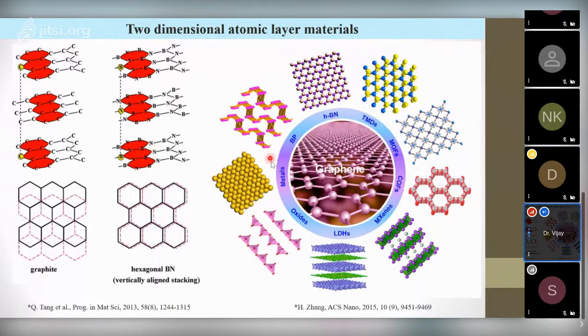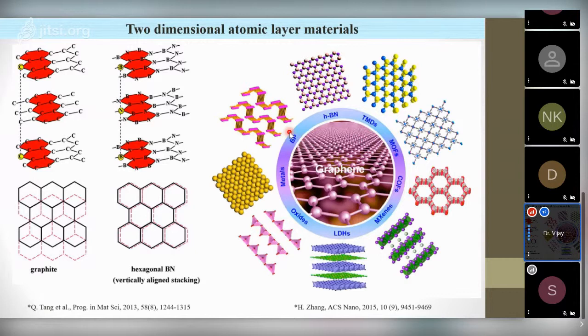But in the recent 10 or 15 years, new two-dimensional materials started to arise. It means they are already there, but the researchers have started to peel off two-dimensional, single-layer structures, just like graphene was peeled off from the graphite. So then new two-dimensional materials like transition metal dichalcogenides, metal oxide frameworks, MXenes like titanium carbides, or even metal two-dimensional or metal oxides two-dimensional, or phosphorene can be made into two-dimensional layered structures.